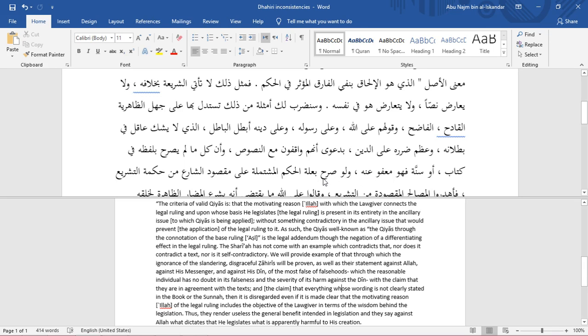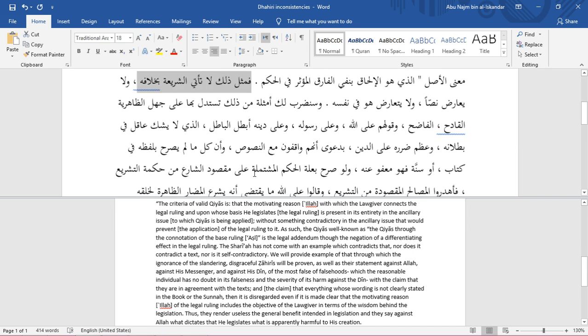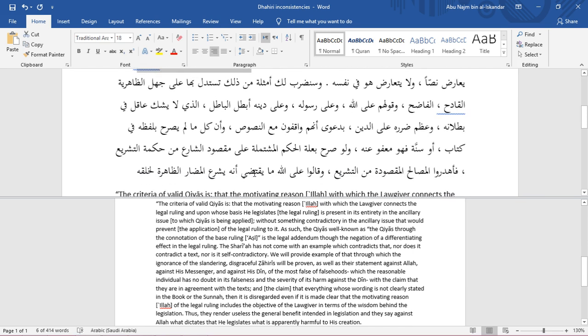Even if the reason for the hukm, for the ruling, includes the intention of the lawgiver in terms of the wisdom of the legislation. So what does this mean? This means that, well, they're going to give examples. They're going to give examples, but